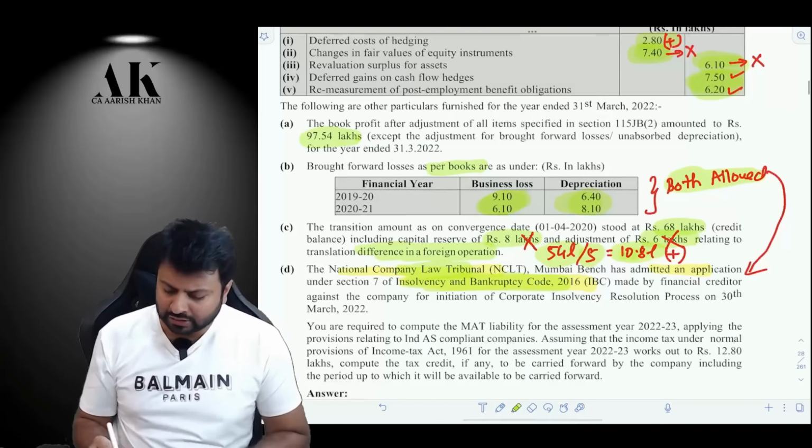Your book profit is 89,54. On that 15% tax, no surcharge because income does not exceed 1 crore. With 4% cess, your tax liability will come to 13,96,824. Your tax as per the normal provision is 12,80,000. Therefore, the difference between the two will be considered to be MAT credit, which you can carry forward in the subsequent years.